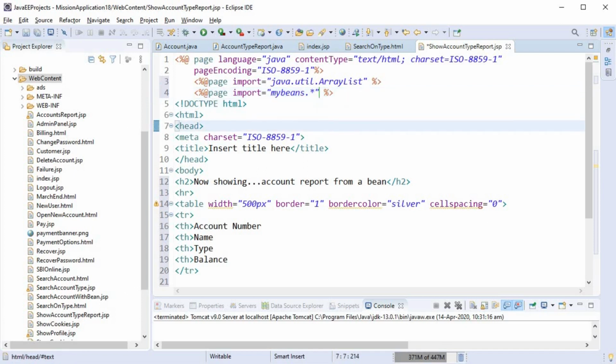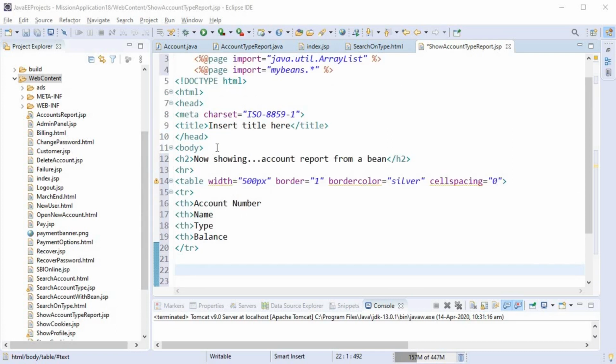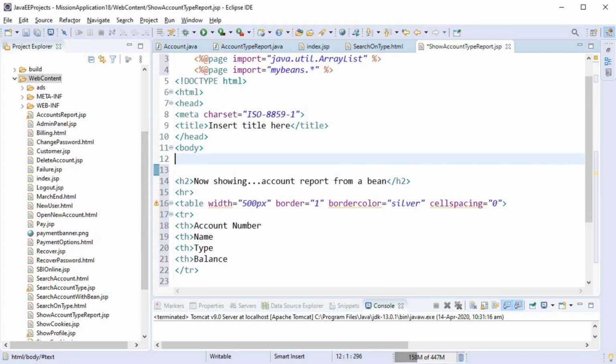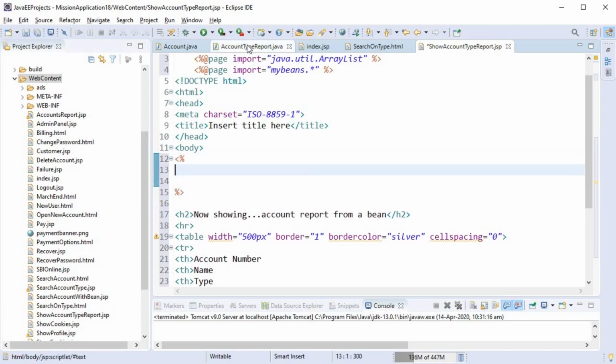Now first of all, before trying to display anything on the page, we will have to do a few things, like we'll have to create an object of the bean. Account type report is the name of the bean. So we'll create an object of the bean because this is what we need, and the bean is going to return us an array list that contains objects of class account.